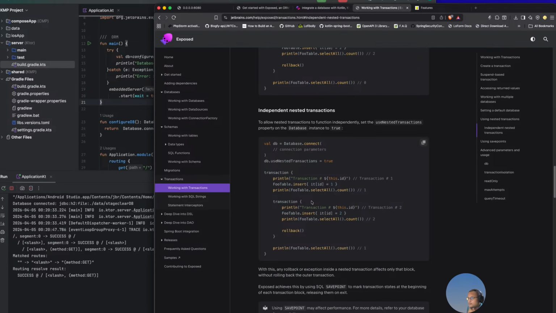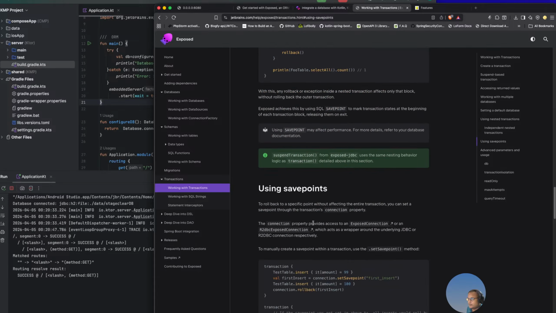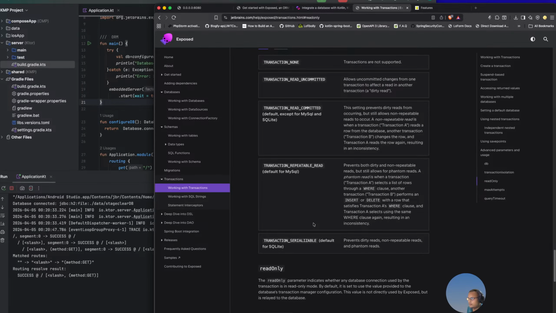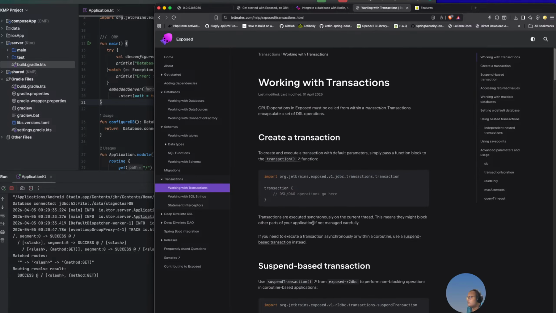That's good also. We got the DB instance here, like the object DB, and use nested transactions too. Then we can call it like here. But there is another way, if I remember correctly, when you want to call all those functions into DSL,